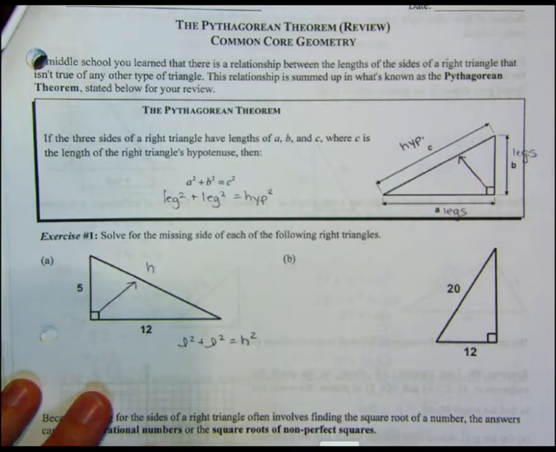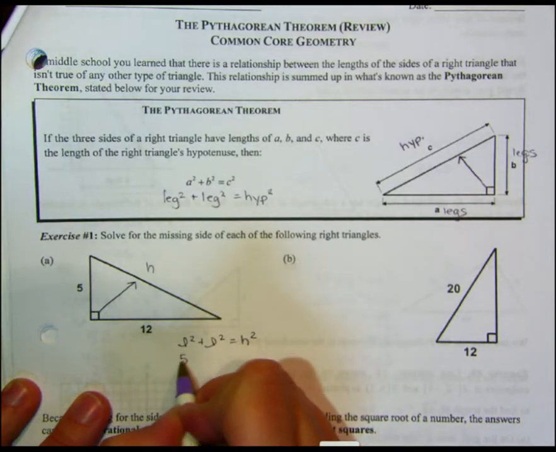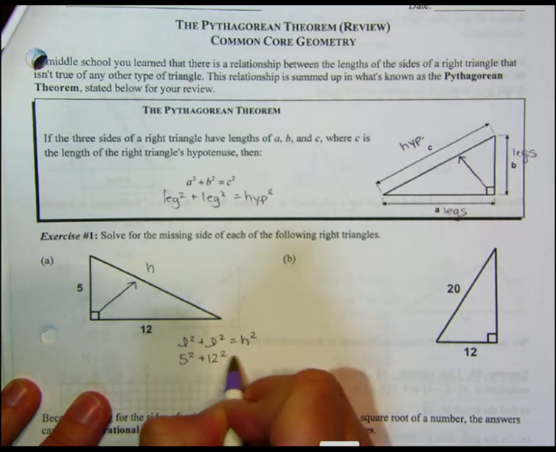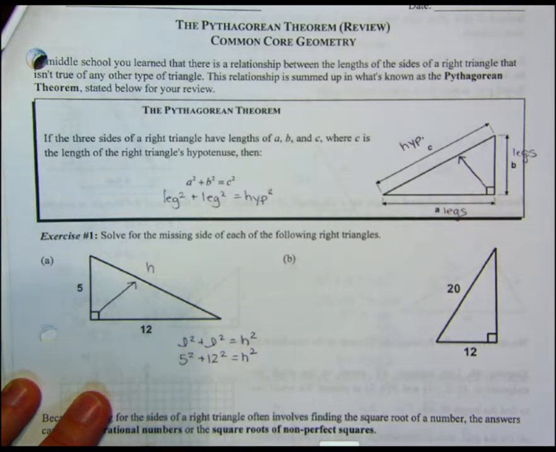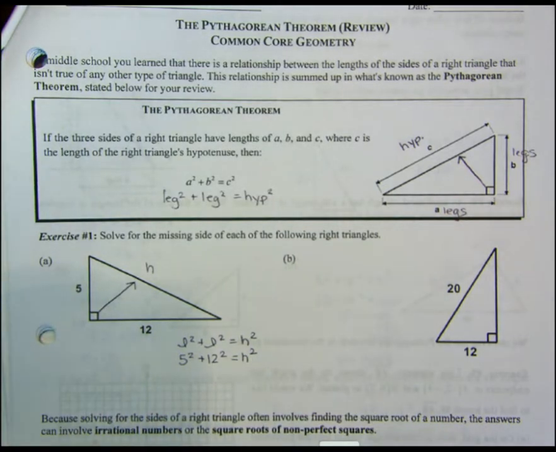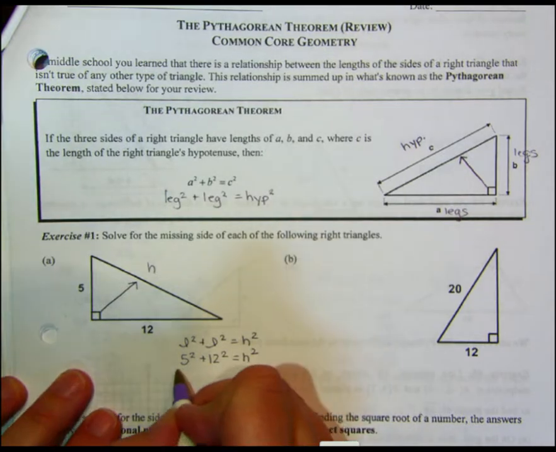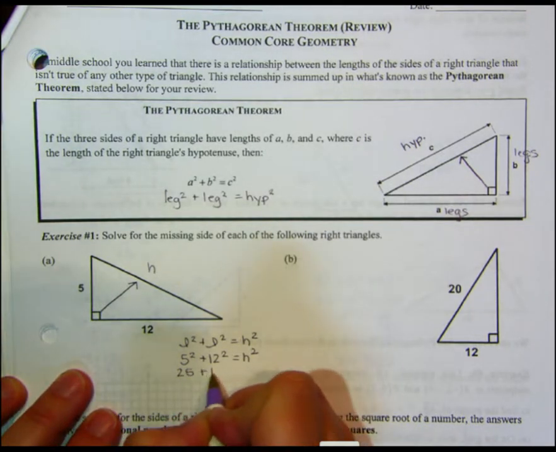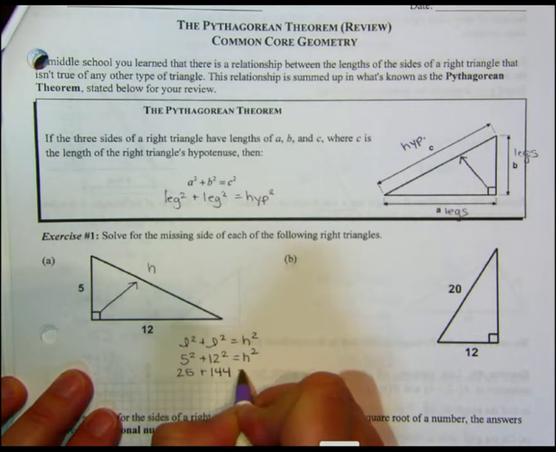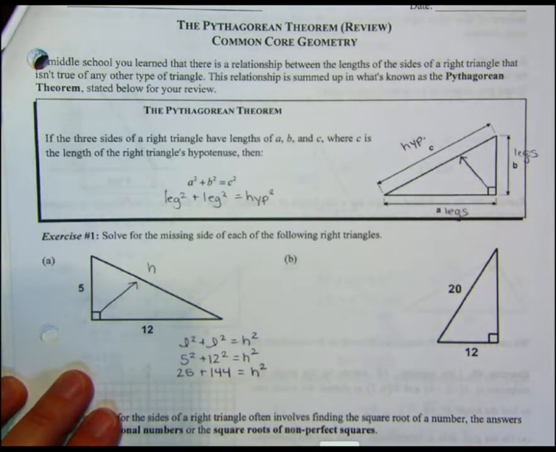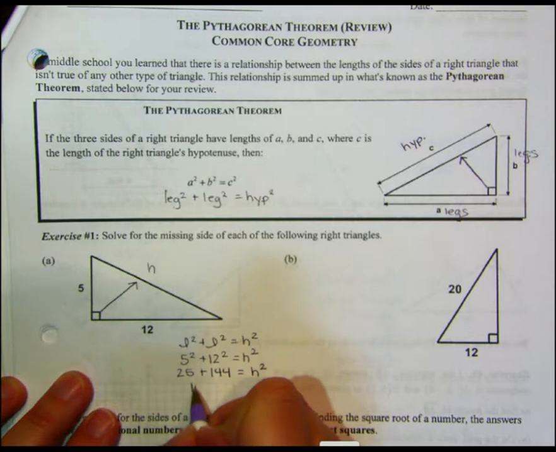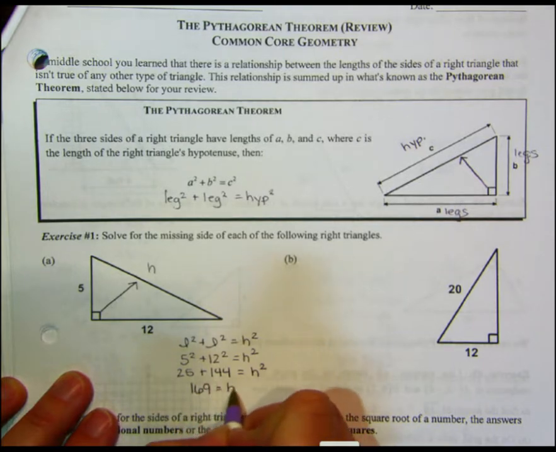And then I just plug in what I know. I know one of the legs is 5, I know the other leg is 12, and I'm trying to find the hypotenuse. And so I can just go ahead and try to simplify this. 5 squared is going to give me 25. 12 squared is going to give me 144, and that's going to equal the hypotenuse squared. And now I just add together the 25 and the 144, and I get 169 is equal to the hypotenuse